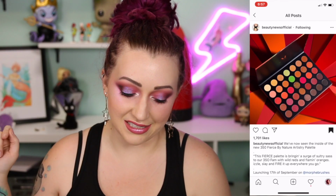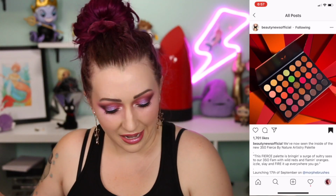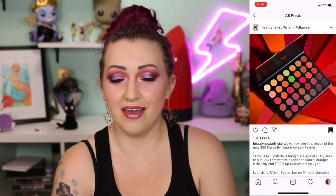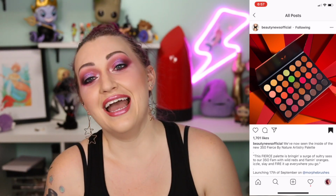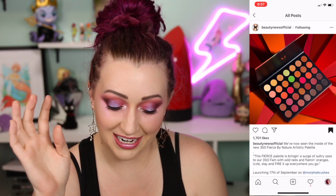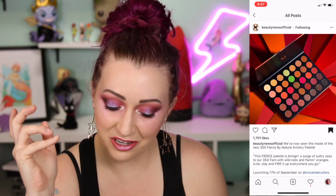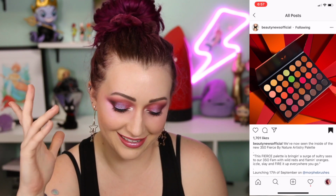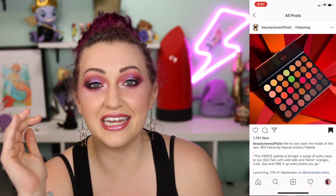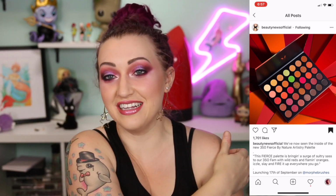This palette is all sorts of warm eyeshadows. There's oranges, there's pinks, there's reds, there's warm terracotta browns, there's yellows. And then there's these two green colors. There's like a lime green and then this like kiwi shimmery pale green. And it's the freaking weirdest palette I have ever,